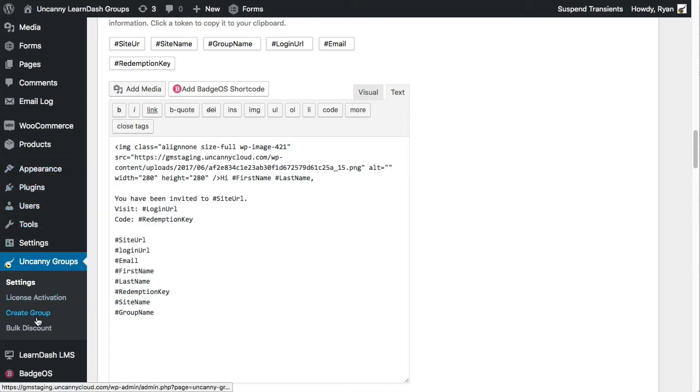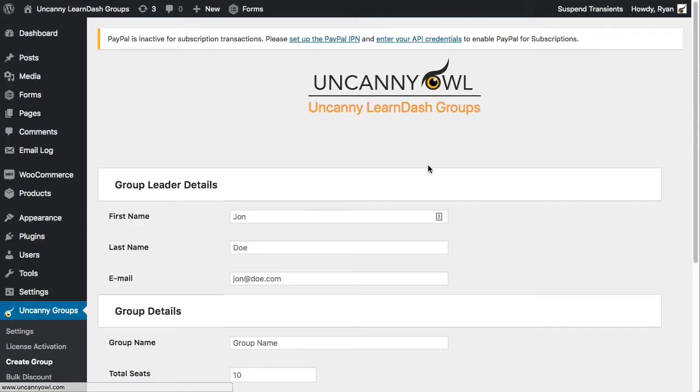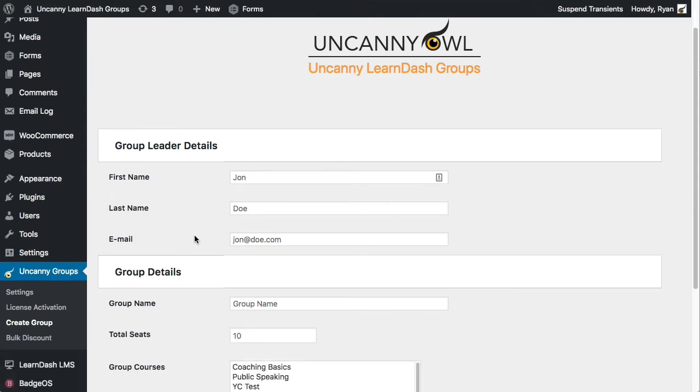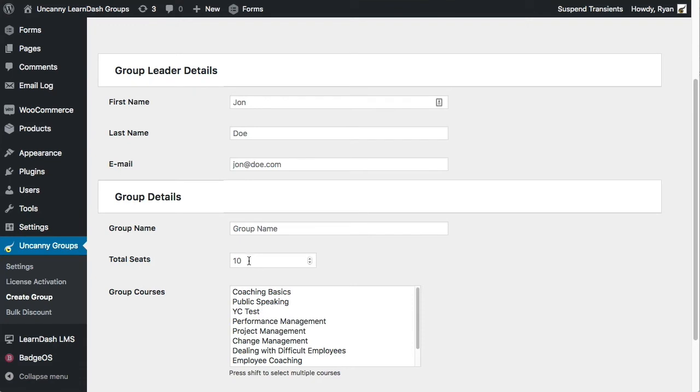Now let's talk about the group creation wizard. So in here, there are potentially a lot of situations where you're using groups without e-commerce. It's very common. You do not need WooCommerce to use the plugin. It can be used just for reporting, or it can be used as a way to more easily create groups. So this interface is if a group is not created through a transaction and you just need a simple group created with a new group leader and a managed number of seats and group access, course access for people in